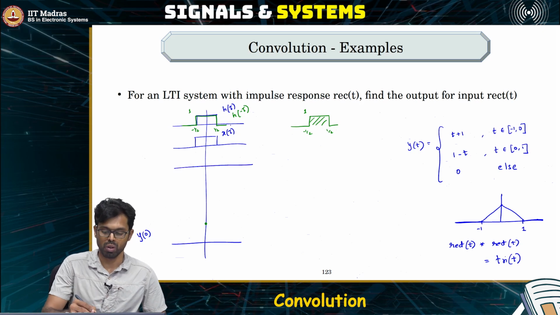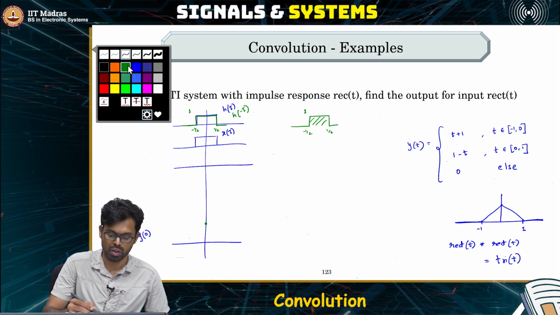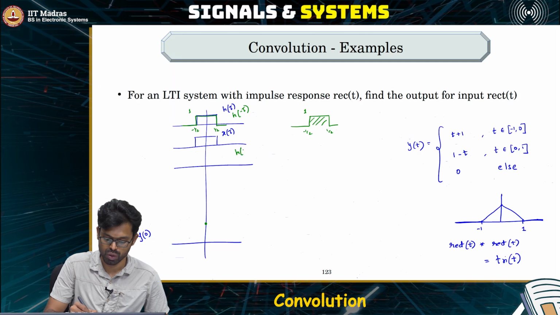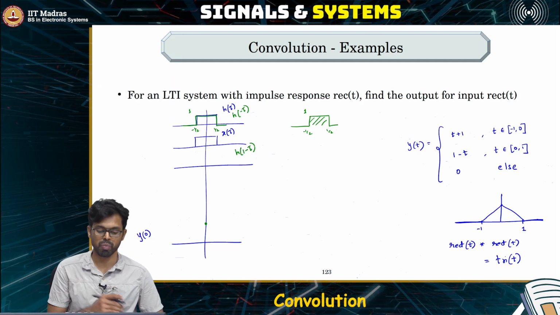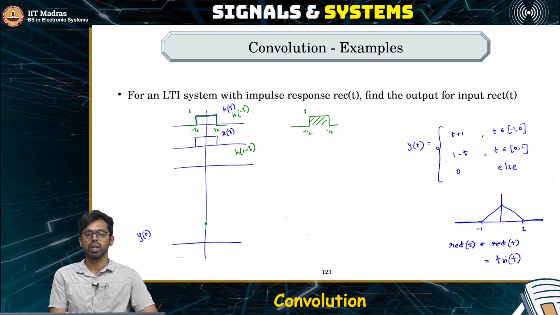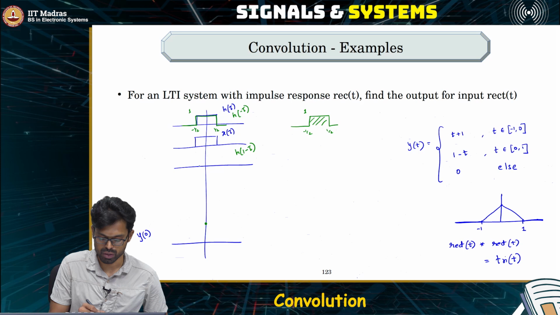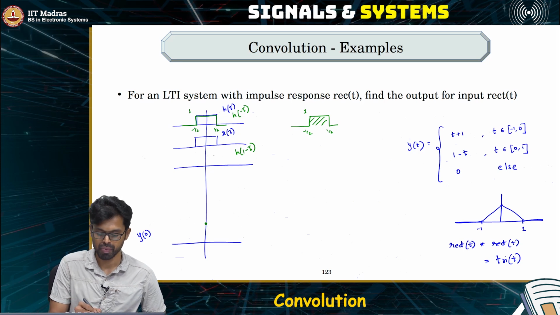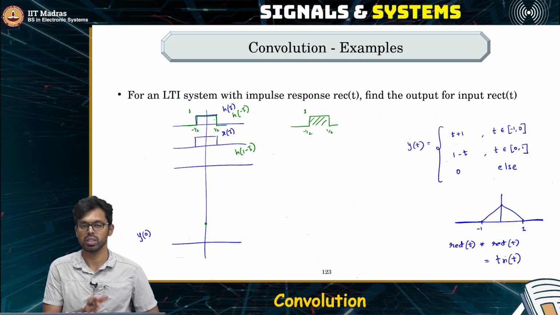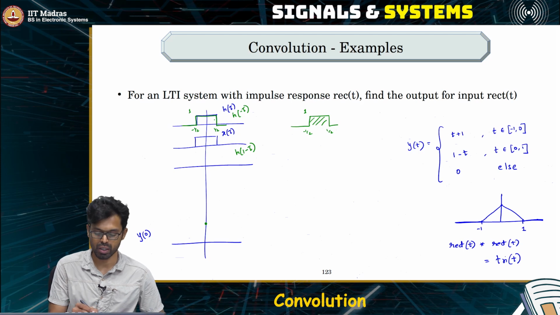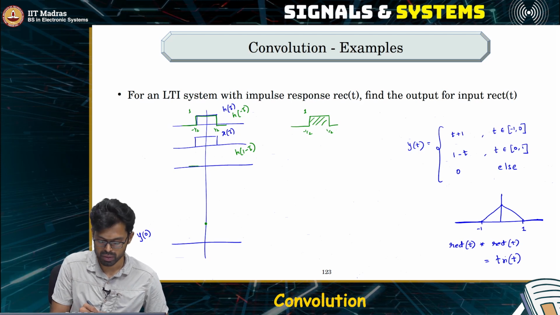So you plot h of 1 minus tau. What is h of 1 minus tau? H of 1 minus tau is h of minus tau shifted by 1. Where does that go? It appears